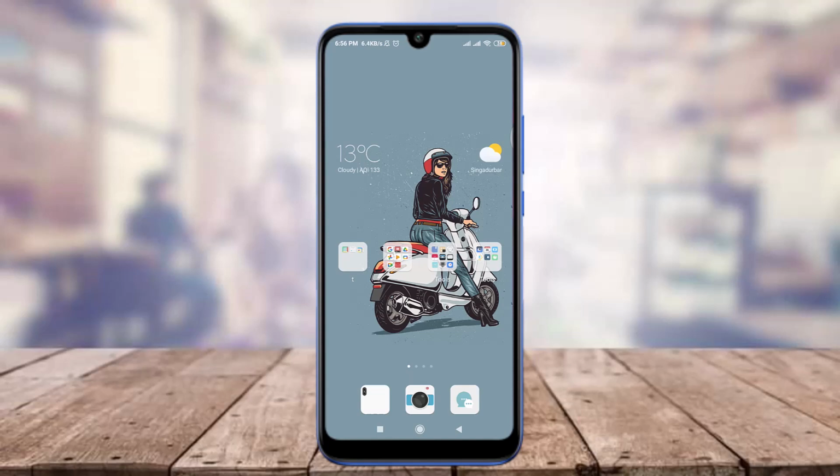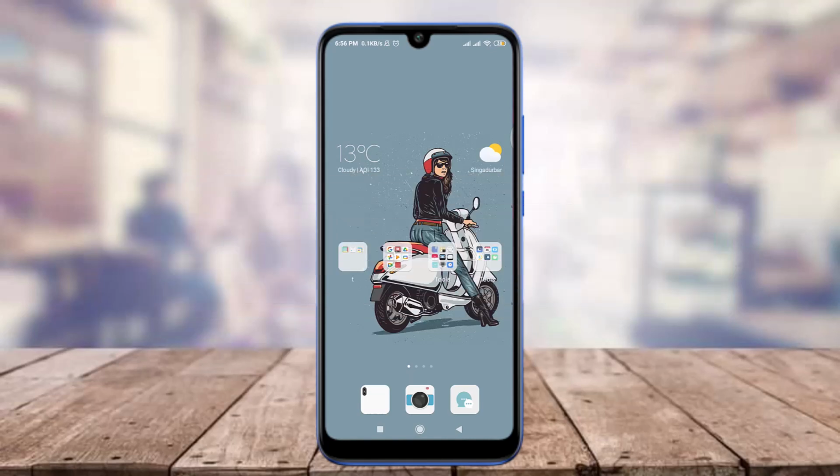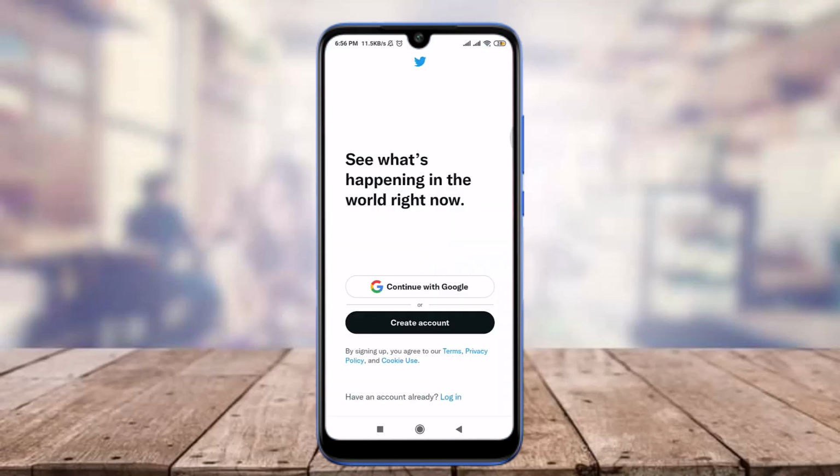In today's video, we are going to learn how to reset your password on Twitter. For this, I am going to use a Twitter app. You can also do the same. So tap on Twitter app, make sure to install it and then get on the first page of the Twitter